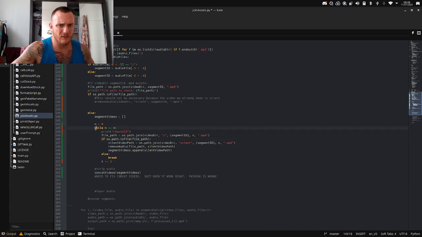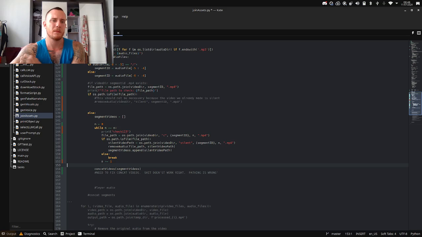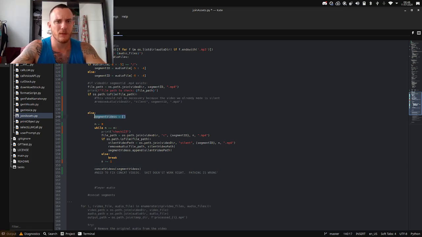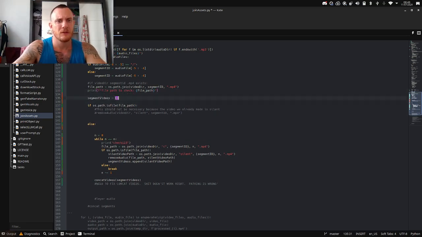And then outside of the while, I already stripped audio. How about we put segment videos over here, and we can do segment videos append file path, and then